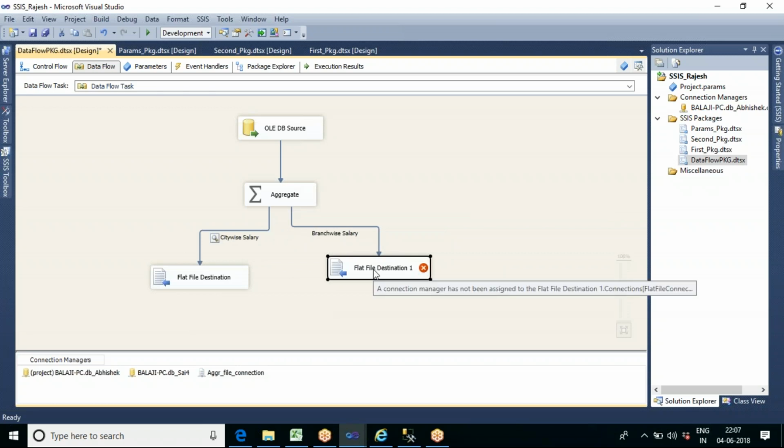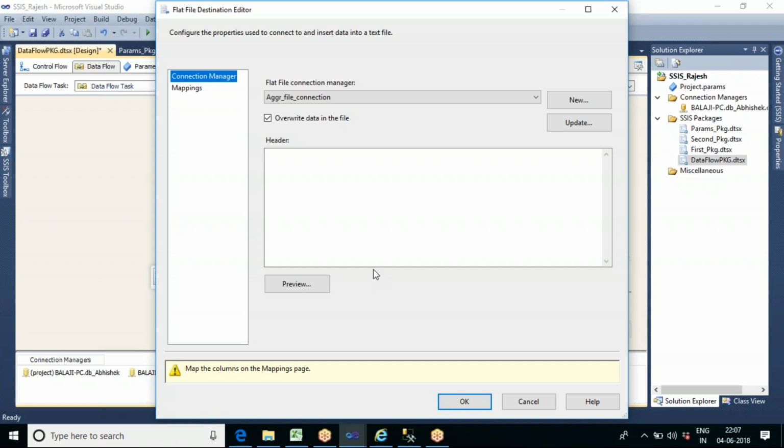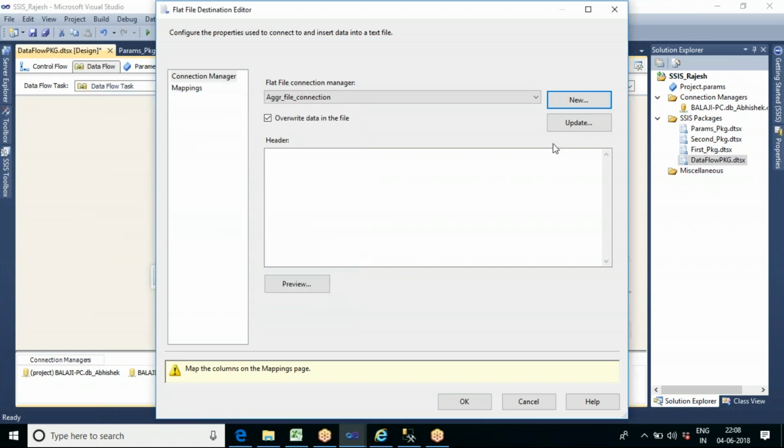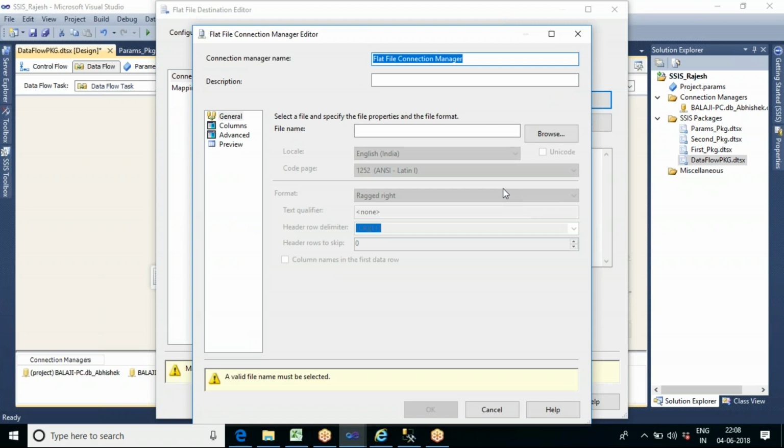Now let us locate where you want to save this data. Let me create a new connection. Let us select the last one, ragged right, and let us see the difference. Let me give the connection name as branch output connection.